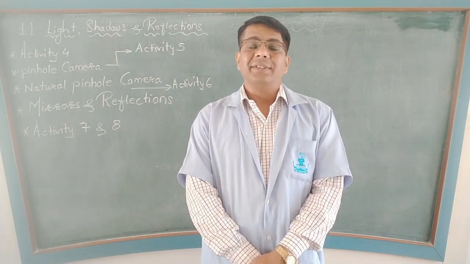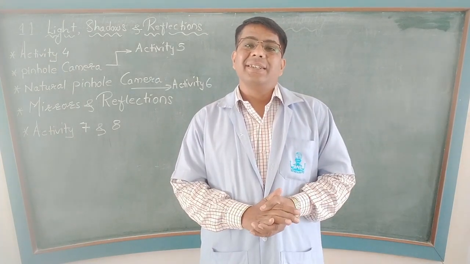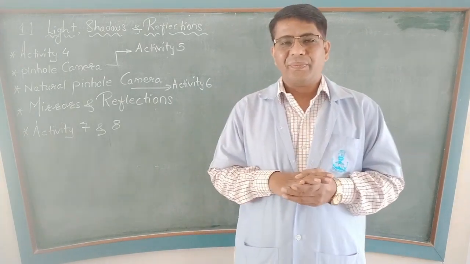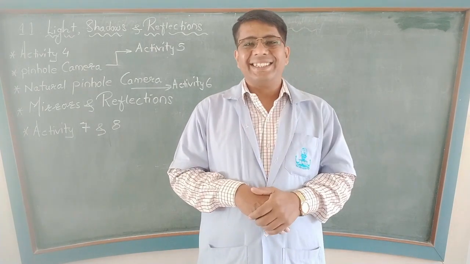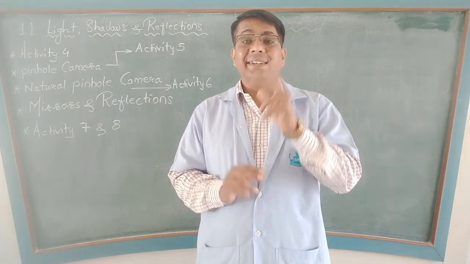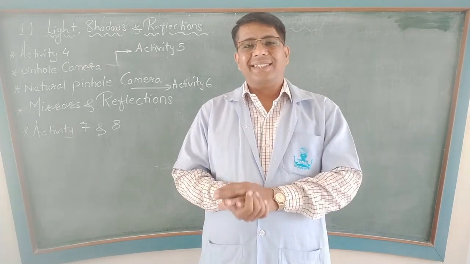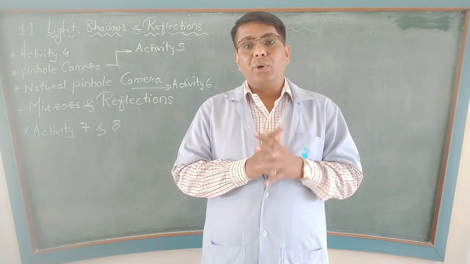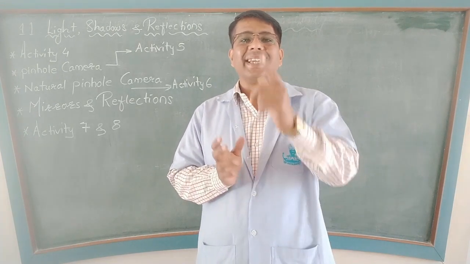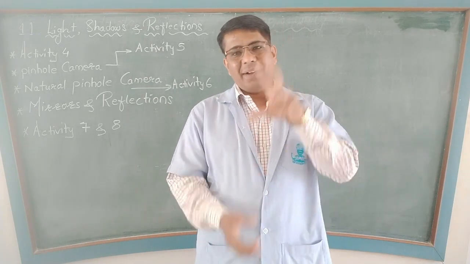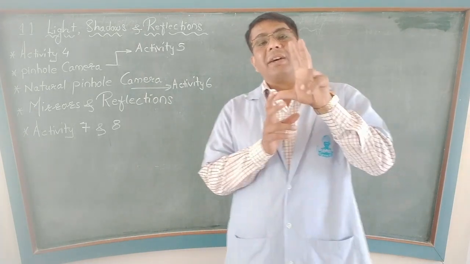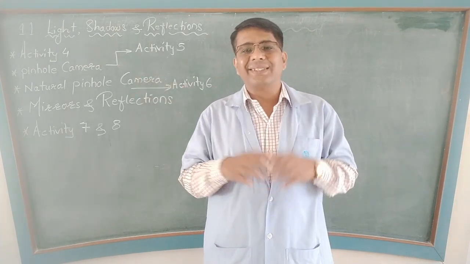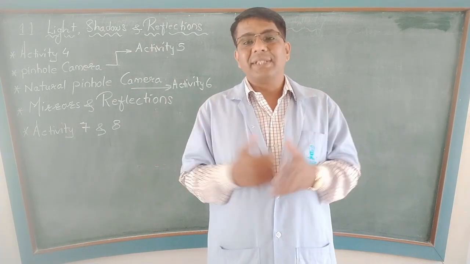Last time we have seen what are the factors required for the formation of shadow. So a source of light, luminous object. Second, opaque object. And the third, a screen is essential. Then we have seen that shadows are formed, no doubt about it, but they can mislead in some cases. I have shown that we form the shadows of animals with the help of fingers, but are they actually animals? No. So shadows can mislead us.